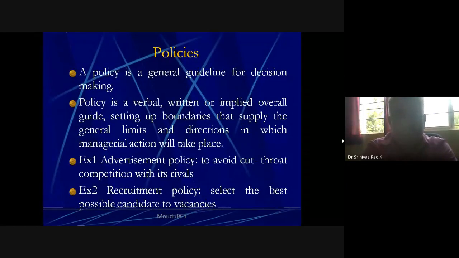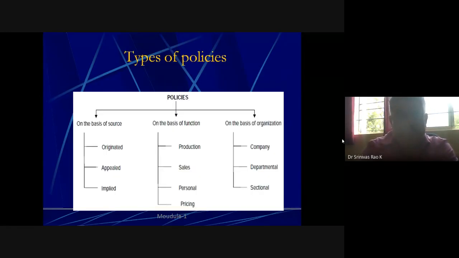But just to avoid the competition, they are using certain policies to limit the harshness of the ad. So they have to be a little polite on the ad. Also, they have to use their own tactics to overcome their problems within the rivalries. So now there are types of policy which are there.